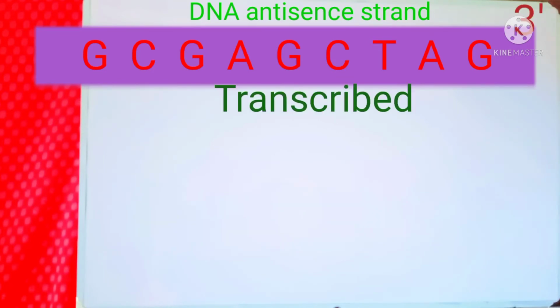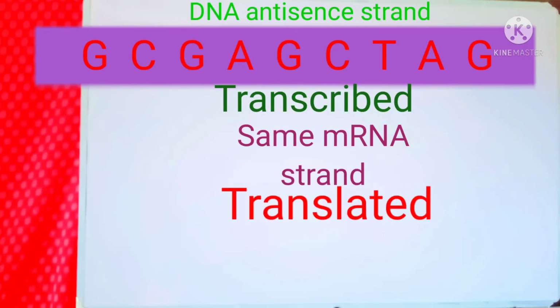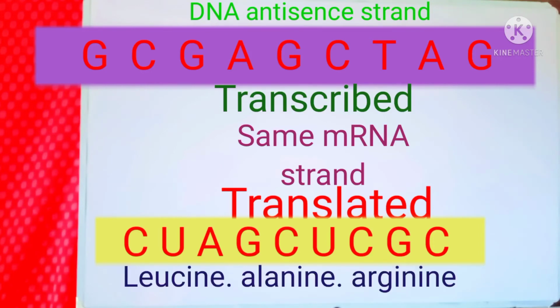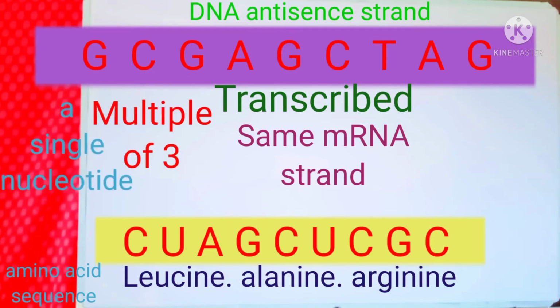If we transcribe this, we produce the same messenger RNA strand that we have already prepared. When we translate it, we produce once again the amino acids leucine, alanine and arginine, which are the amino acid sequence. Now instead of inserting a single nucleotide, which is not a multiple of 3,